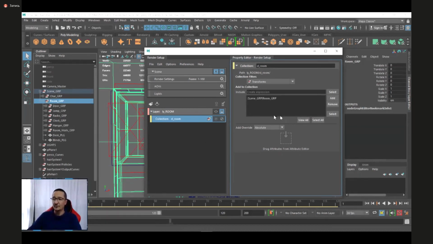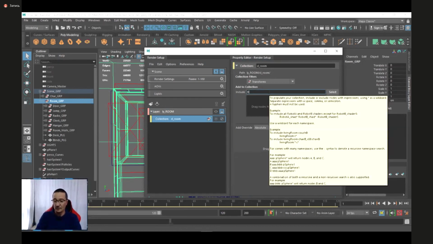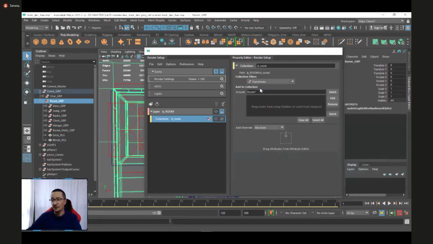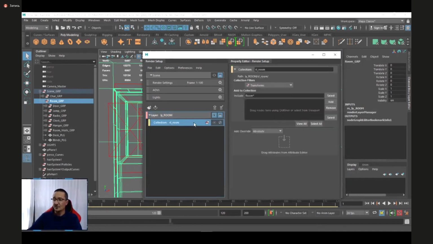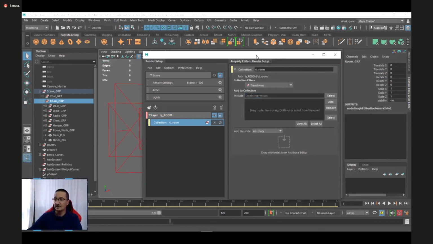Or you can type room star, and it will take all the names beginning with room. You see when you click on the eye, it switches on the render layer. So if you delete this, you have nothing in there.